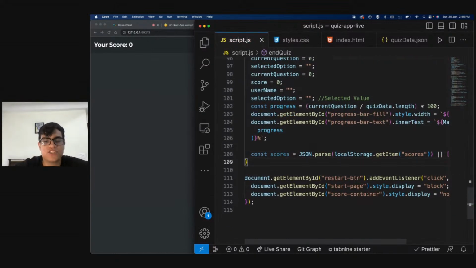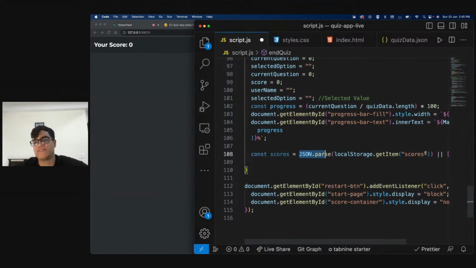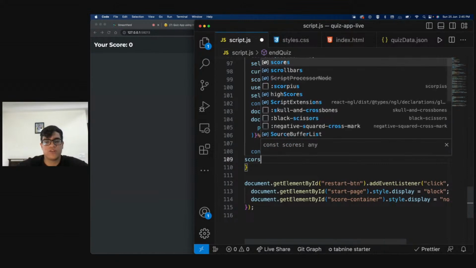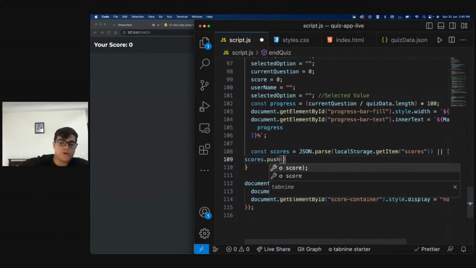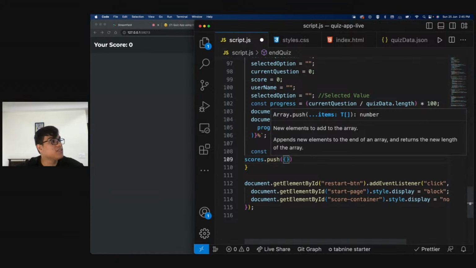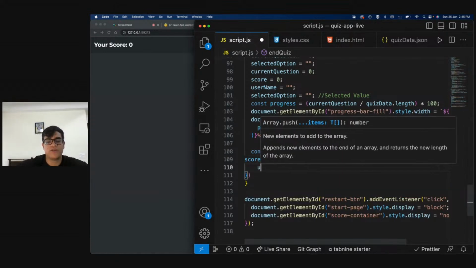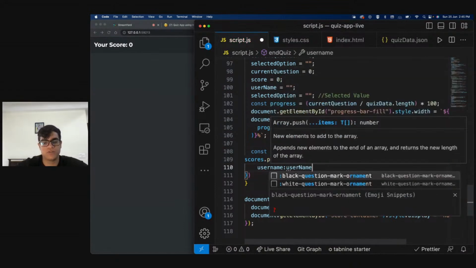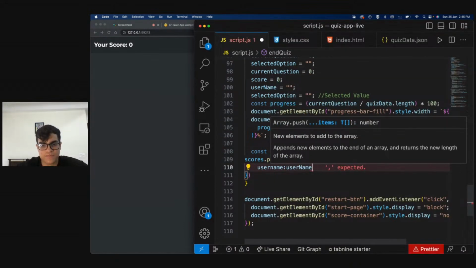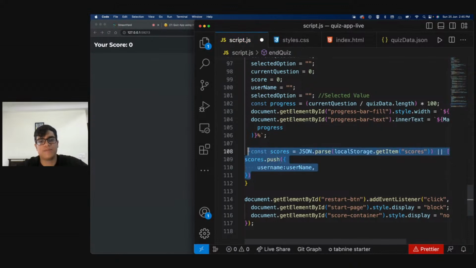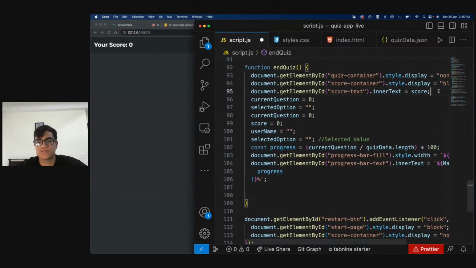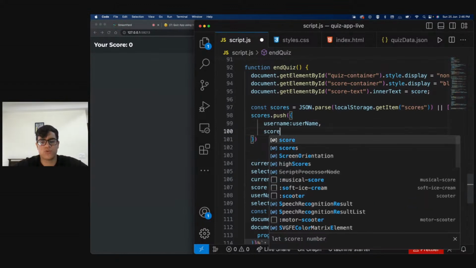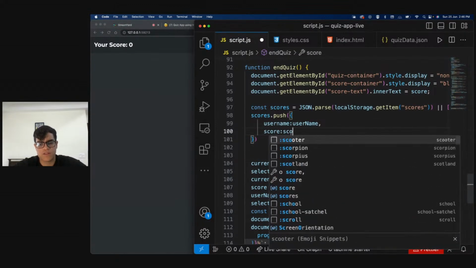So what this means is that scores is going to be an empty array or it's going to have something from this, right? Once that is done, I'll say scores.push, and what I want to push is this high score that we recently have. For that, we create an object. The object will have a username, which will be the username that we have. This is something we need to do before resetting the values. We need to pass the score as well, so the score will be the score, correct?